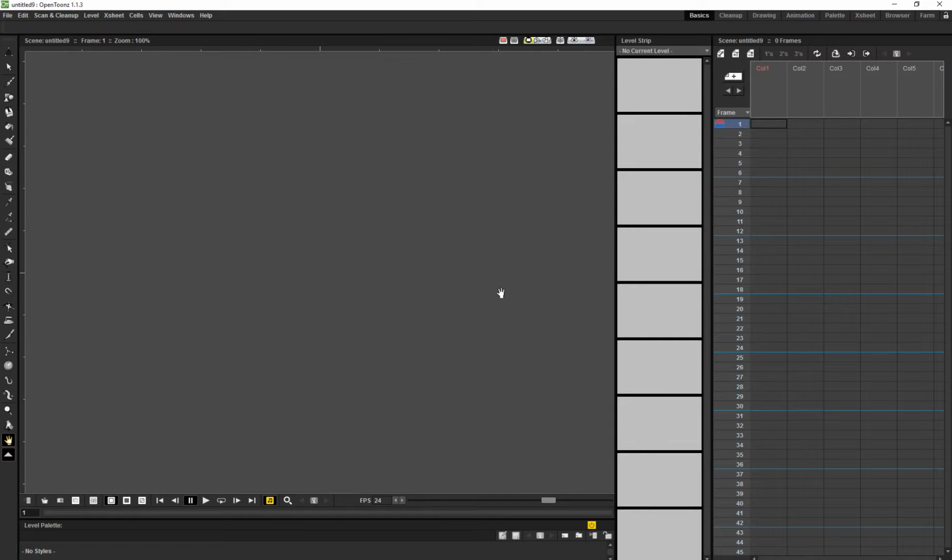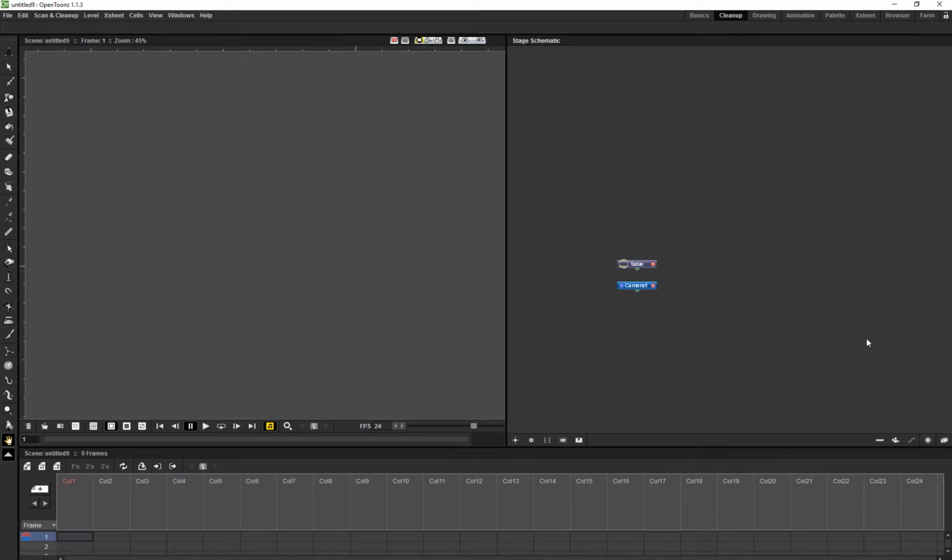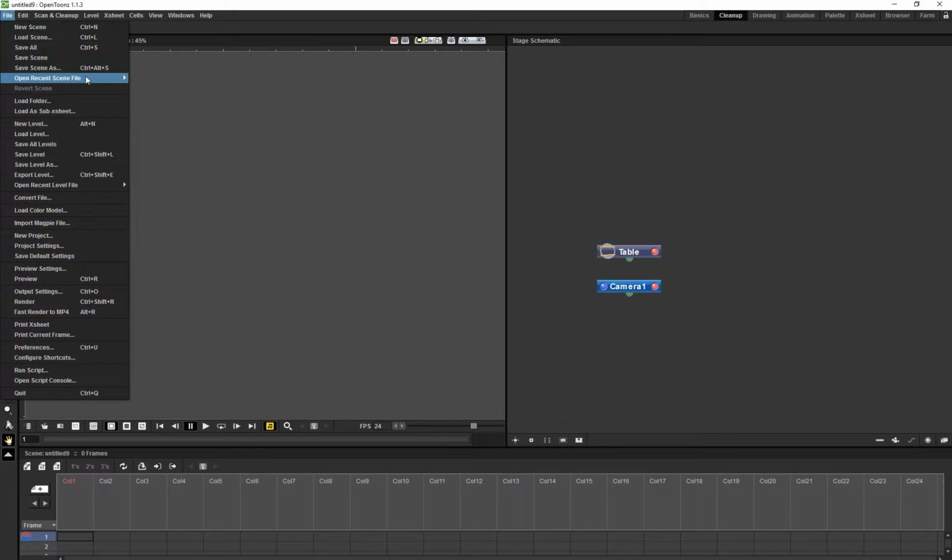And let's work on a different example. So in our X sheet we have a few options. Let's open that one. In our X sheet